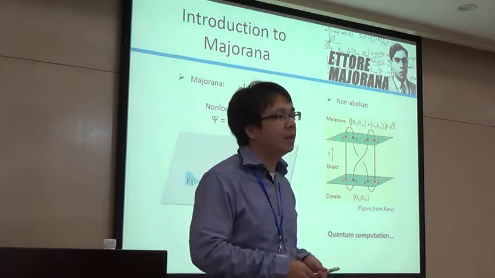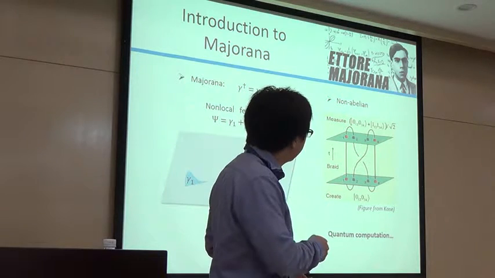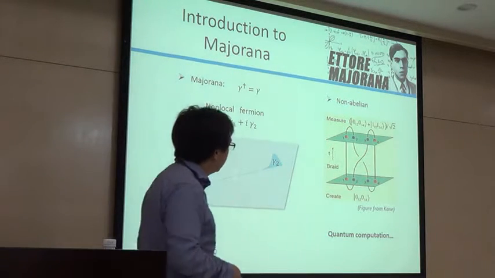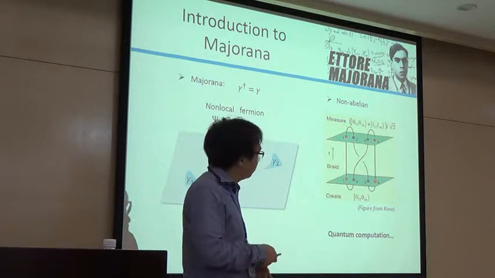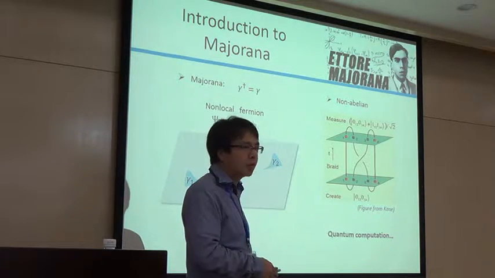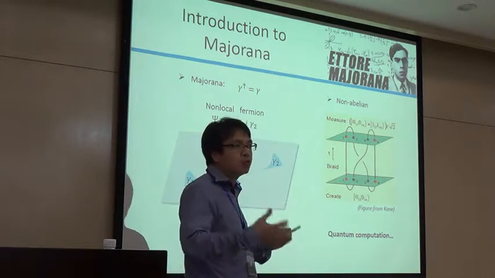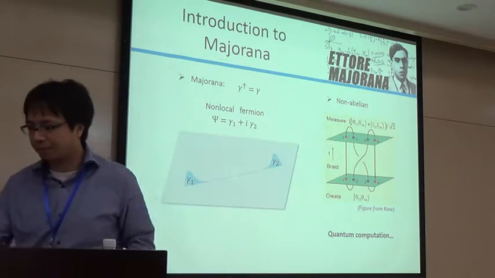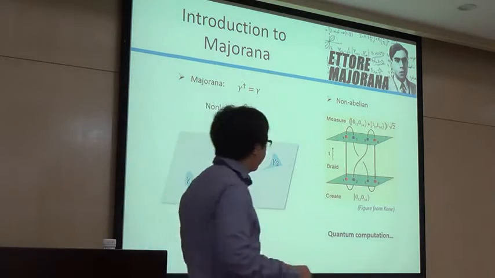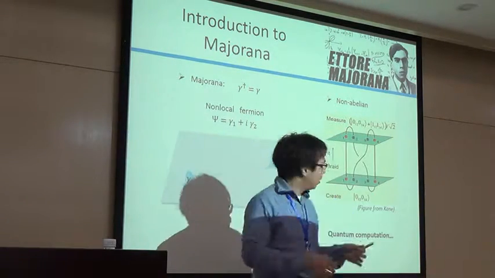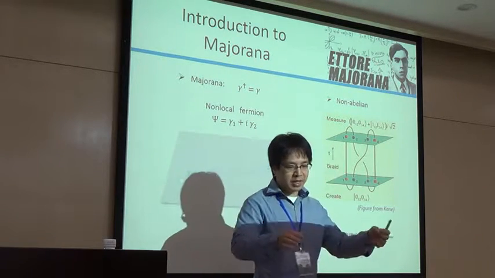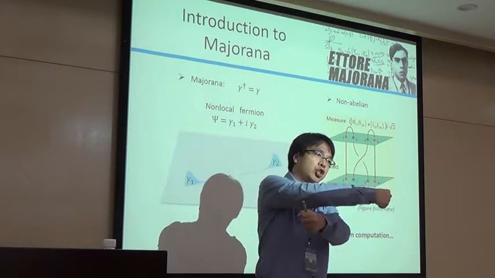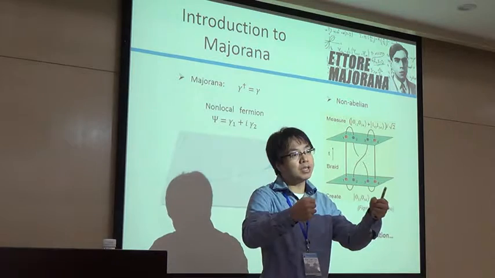This is a very exotic property, and that's why this attracts a lot of attention. You can also possibly use this for quantum computation. So there's a huge effort in condensed matter physics to try to find this kind of particles. And what's braiding in the physical world? It depends on where they live. For example, they can live in the vortices of superconductors. Braiding means you exchange the positions of the vortices.